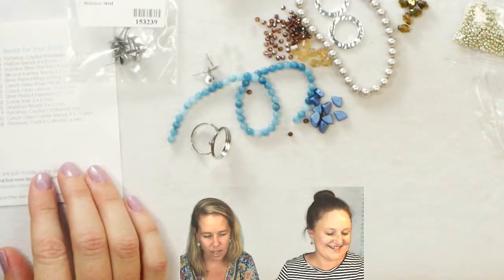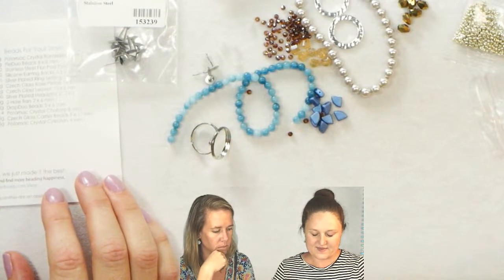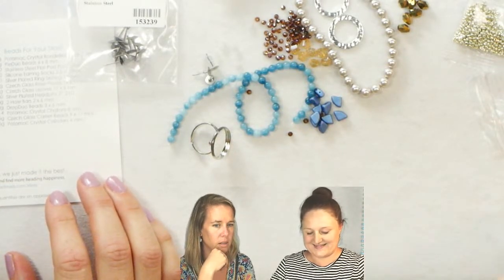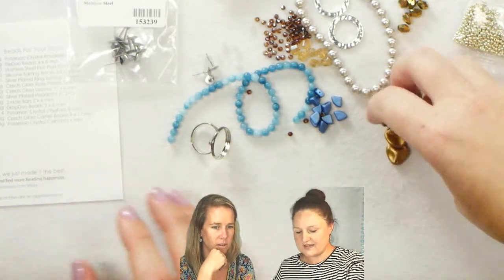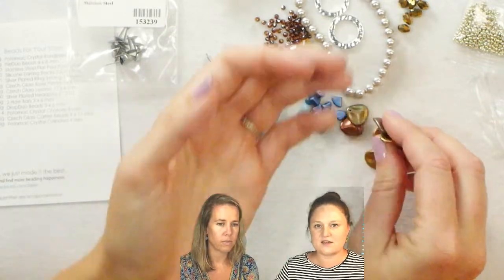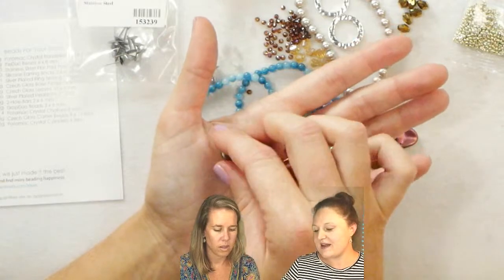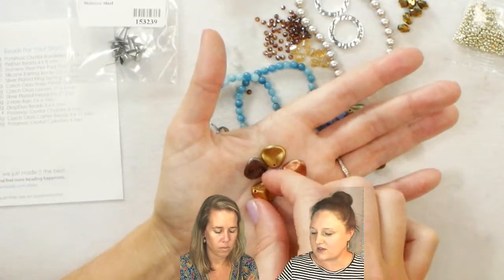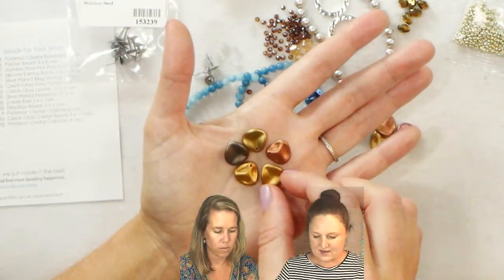And then we have some rose petals. These are, I would kind of call these an oldie but goodie. They're not really old, but they're one that we've used before in the dahlia pendant. So if you did the dahlia pendant in the past and you have some left over, now you have more, you can make another dahlia pendant. But they're just such a fun bead, and you can use them as drops. You can use them to do something like the dahlia pendant, and I have here just a little...